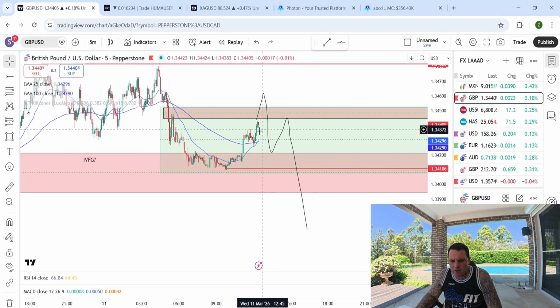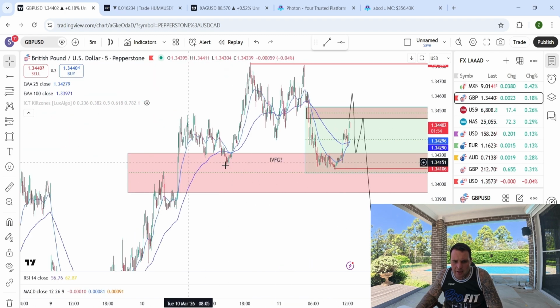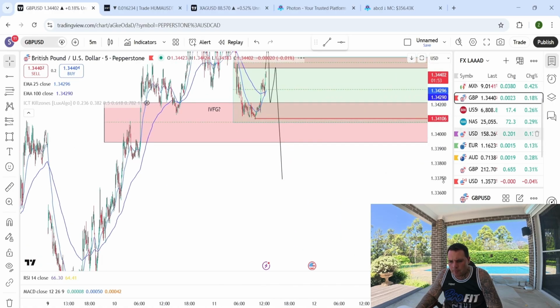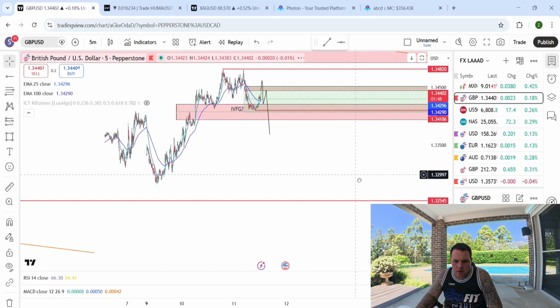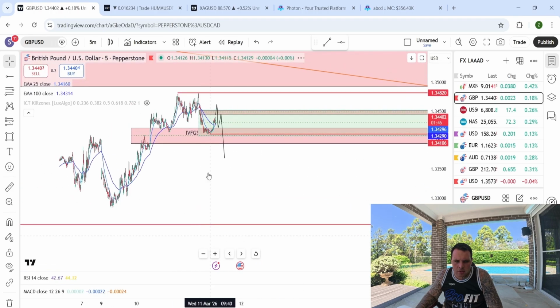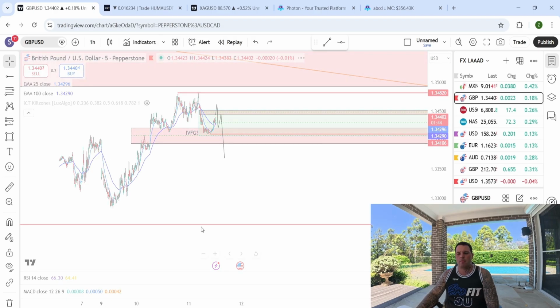After we see price respected this fair value gap or swept out liquidity, and we come into this zone here, we know price is going to be looking to push past this swing low and inverse this fair value gap. And our target is, if we go out to the higher time frame,